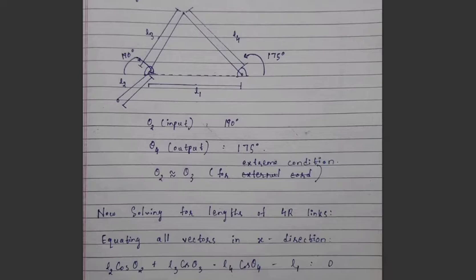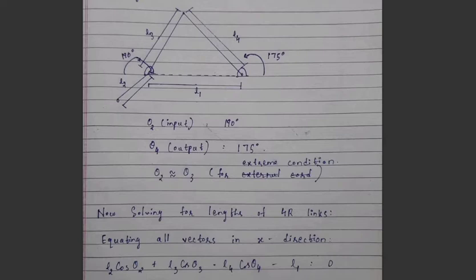Thanks, Chaitanya. So now let's start the synthesis part of our mechanism, where we will be assuming a few things before we start our synthesis. First, we assume that the angle between ground and the output link should be 175 degrees. We assume this because the windshield shouldn't be an obstruction between the view of the driver. So it should be happening at extreme condition. So we assume that theta 2 and theta 3 are approximately similar. So through geometry, we assume that the theta input should be 190 degrees for that to happen.